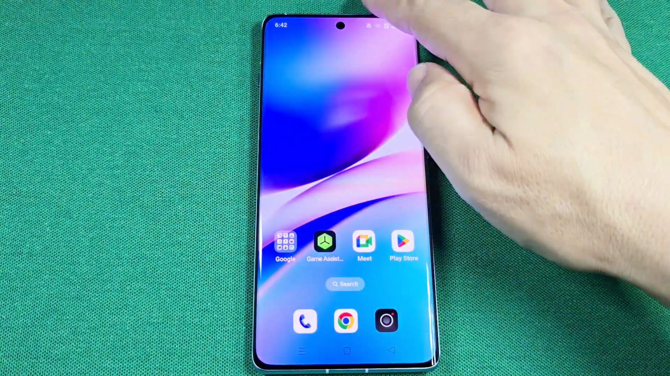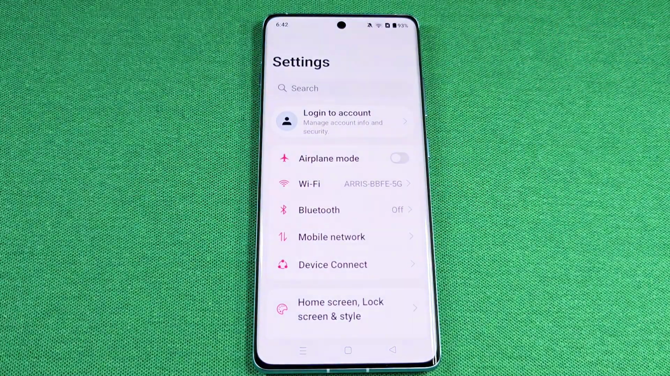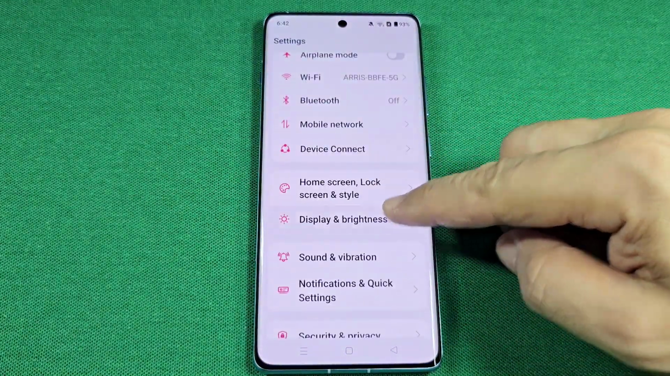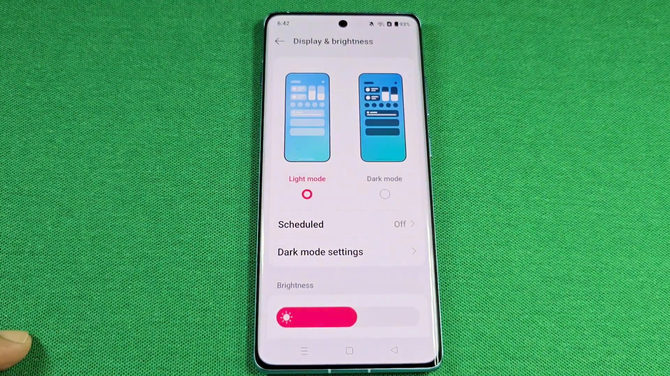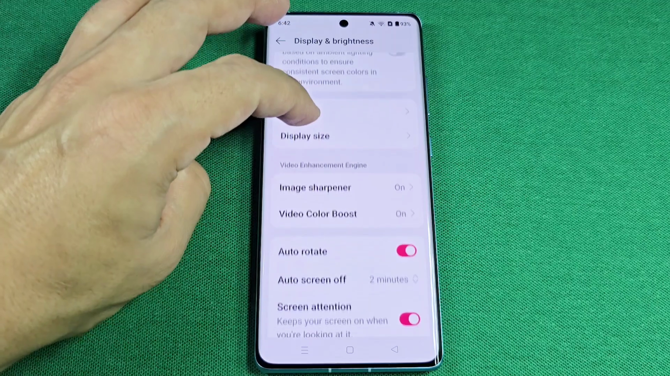On your OnePlus phone, you want to go ahead and use the quick access like this here and tap on the settings toggle here one time. Then you'll see these settings here. Go down until you see display and brightness. Once you're in this area here, you will now be able to go down until you see the video enhancement